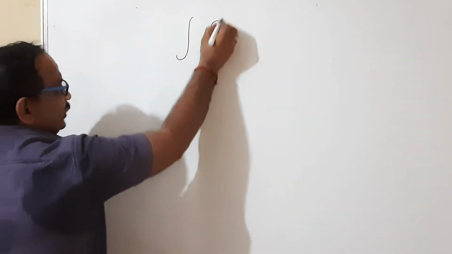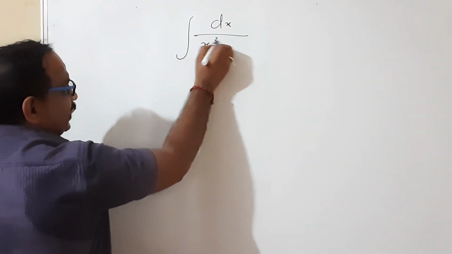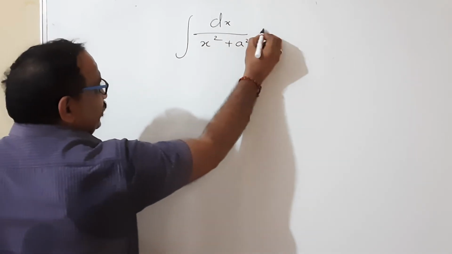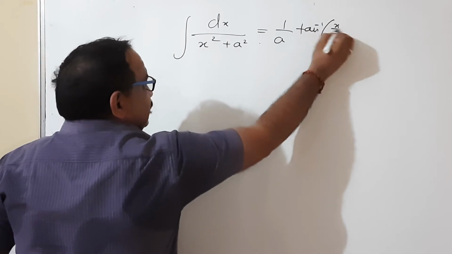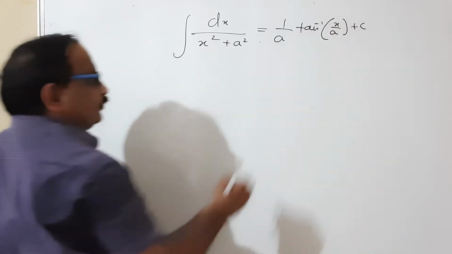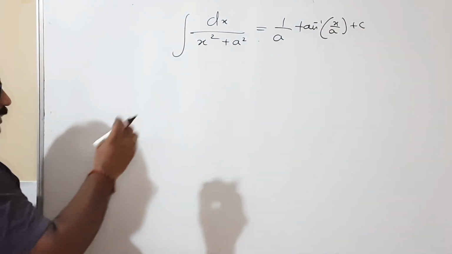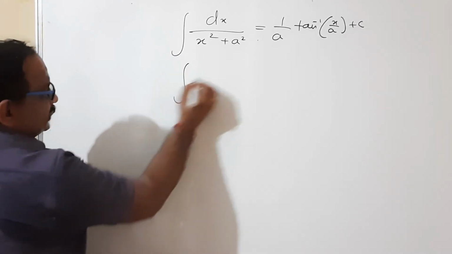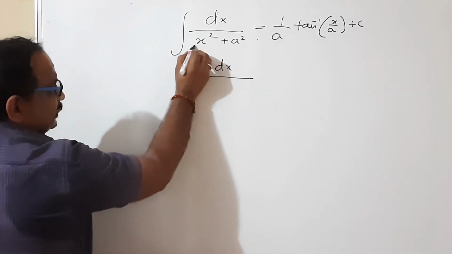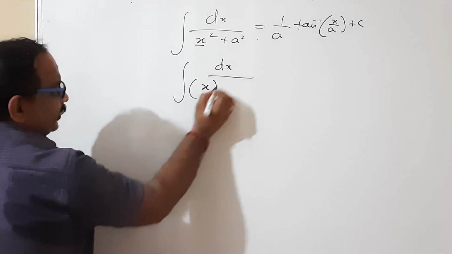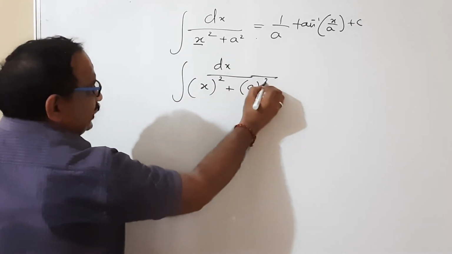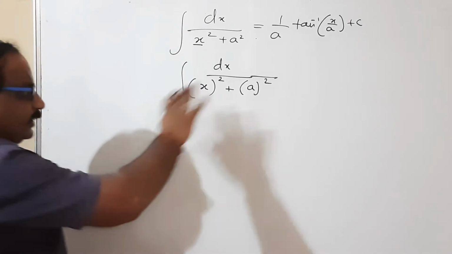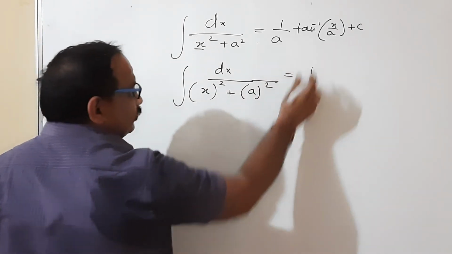Say initially I told you the integral of dx upon x square plus a square. That is 1 by a tan inverse x by a plus c. That was first. We should keep in mind some important things. The important thing is that there is a perfect square of a component, and afterward a plus sign and some numeral, and then a perfect square of that. Then we are able to put that formula.